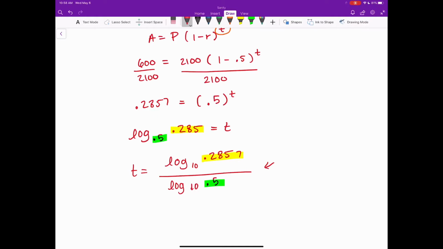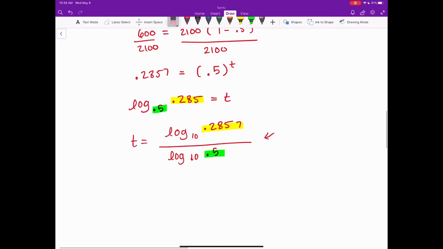And then this right here is something that I can plug into my calculator. Since all the calculators, again, work very well with base 10, I can just literally type in log 0.2875 divided by log 0.5. Make sure you're getting a number. I got a number of about